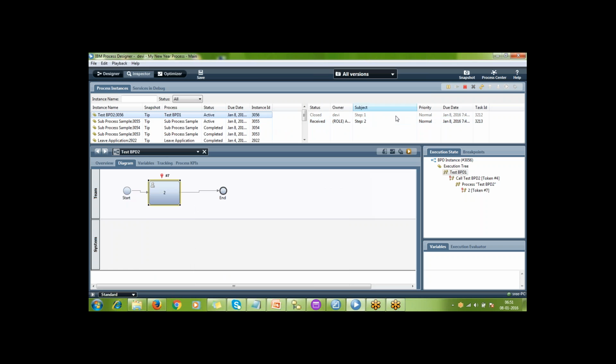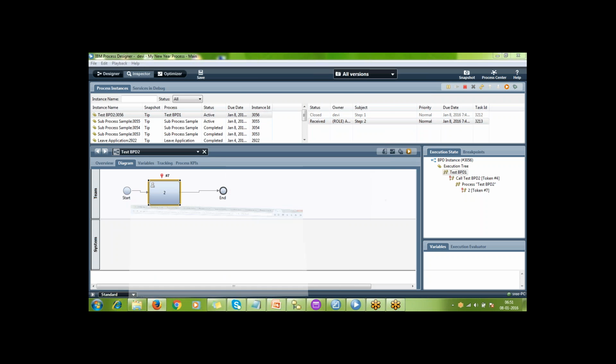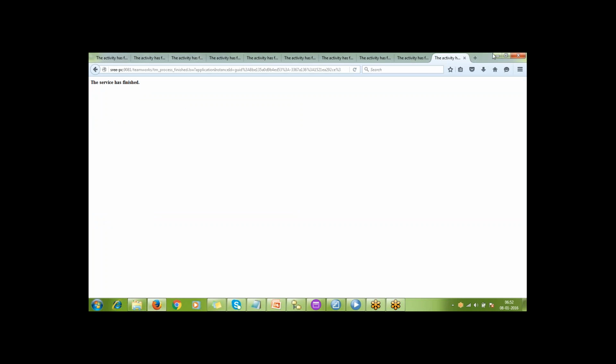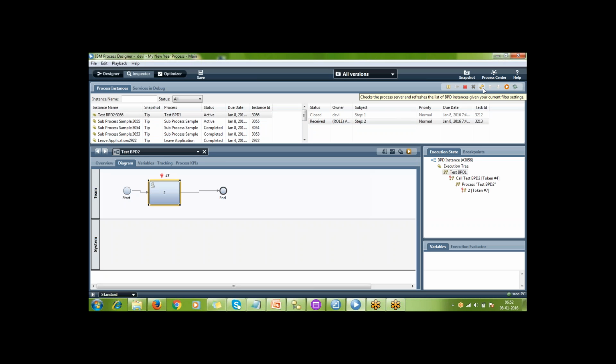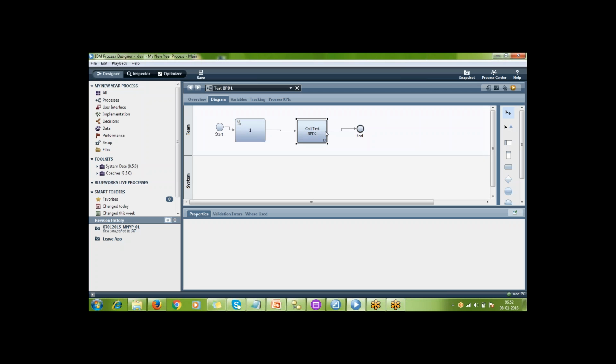Running under the same instance is a very big advantage. Sub processes are reusable within the process app, but they are limited to this process app only; you can't reuse them outside it. A sub process is just visualization, it is actually inside that BPD, and we cannot access it outside the main process.